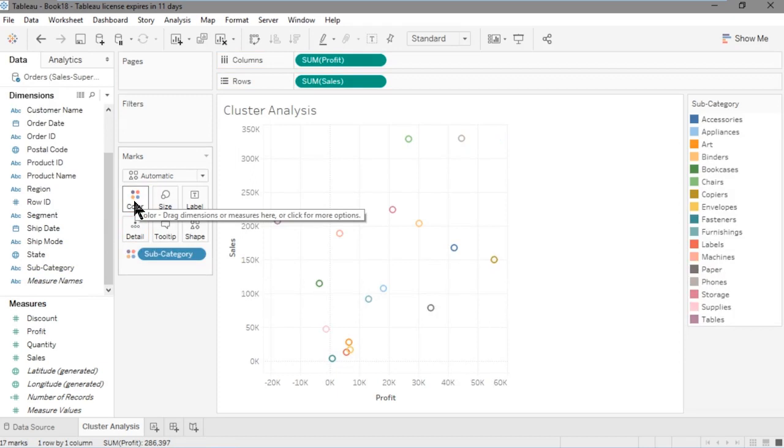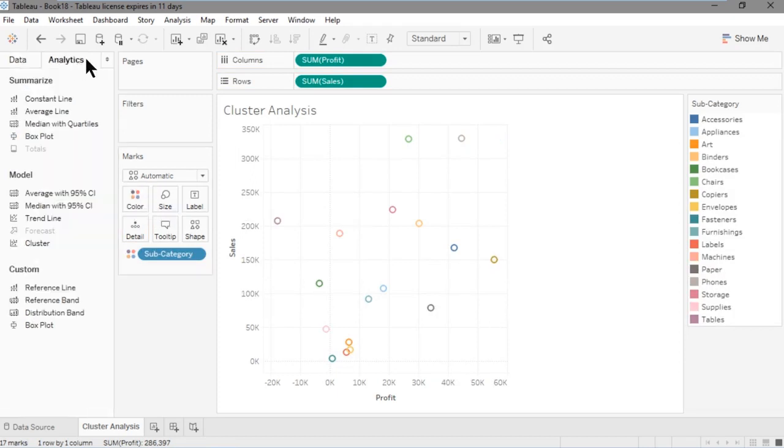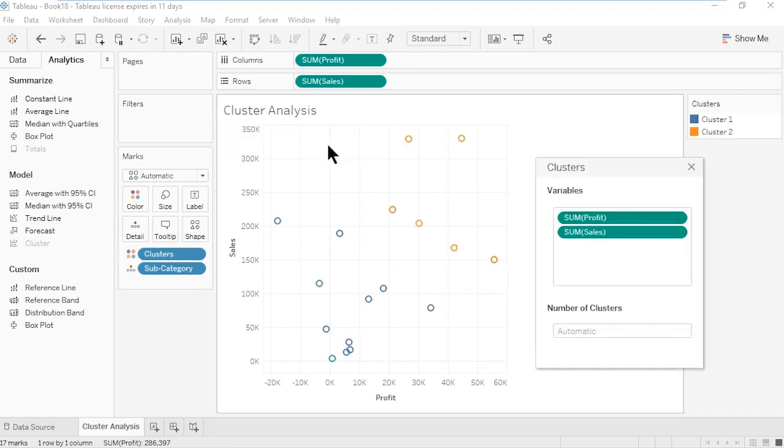And now to perform cluster analysis, let's click on the Analytics tab to open up the Analytics pane. Under Model, Identify Cluster, we'll drag that over into our view, and in the Create Clusters palette that appears, we'll drop that on Cluster, and you'll see that our clusters have been created. Notice that Tableau also automatically placed clusters on the color property for this view, and so subsequently it changed subcategory